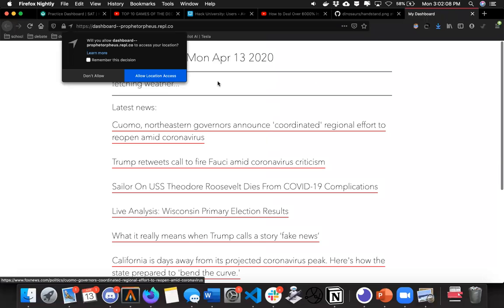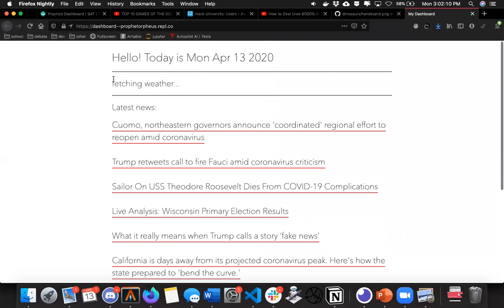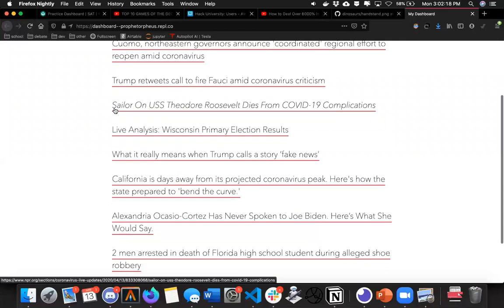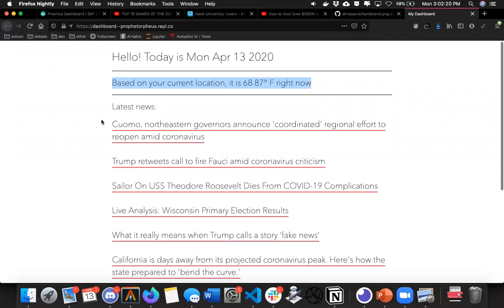Basically what it does is tell you the weather. So it's taking that from a weather website. Based on your current location, it's 68 degrees, and the news will show you the latest news. For example, here, it's all about coronavirus. So,